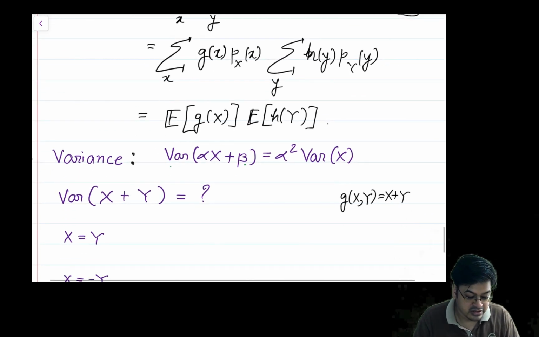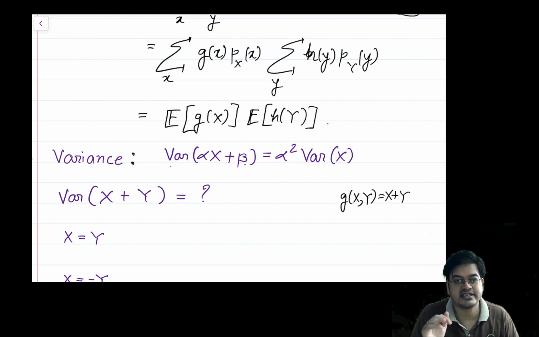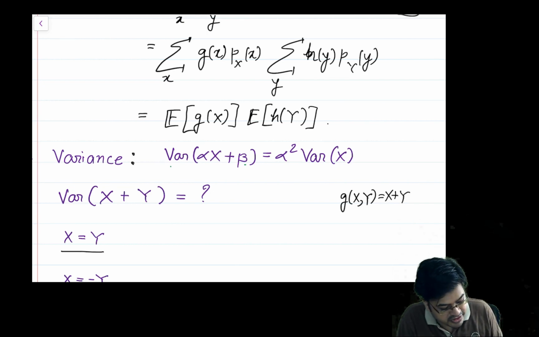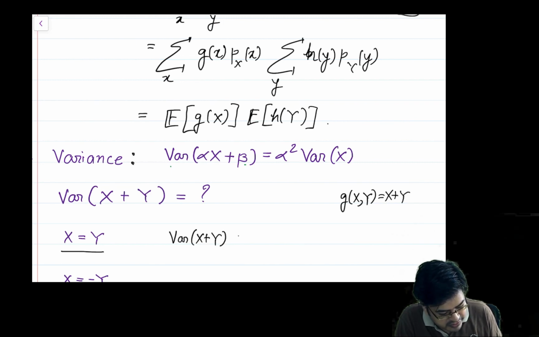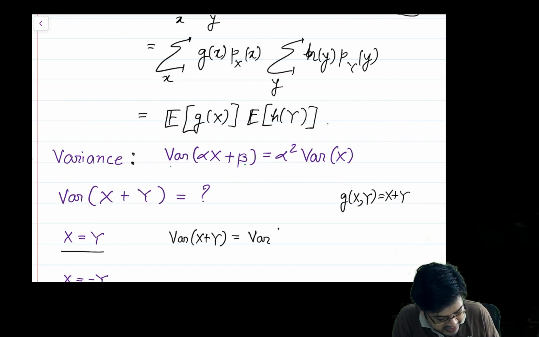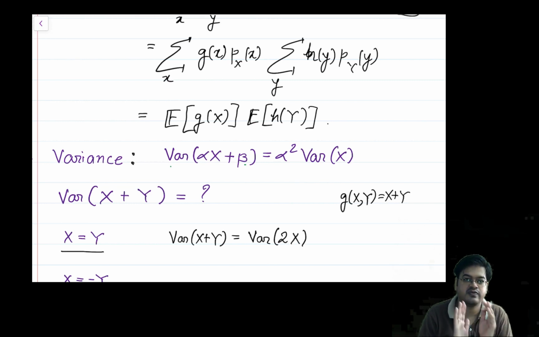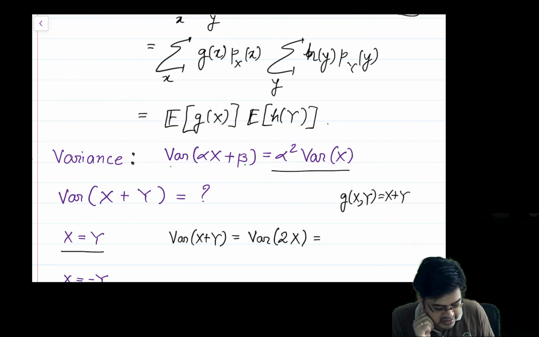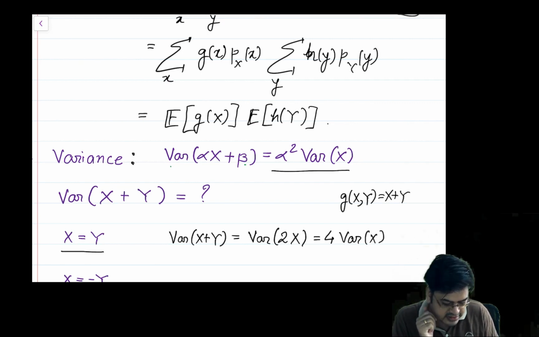Okay. So in order to do that, let us first consider the extreme dependence of random variables, that is x is equal to y. And I am talking about variance of x plus y. So when I consider x is equal to y, I will replace this y with x. So x plus x, so I am talking about variance of 2x. So it's actually one single random variable, and from the formula that is defined above, I will get this to be equal to 4 times variance of x. Okay.